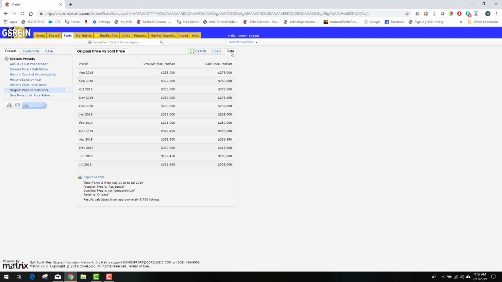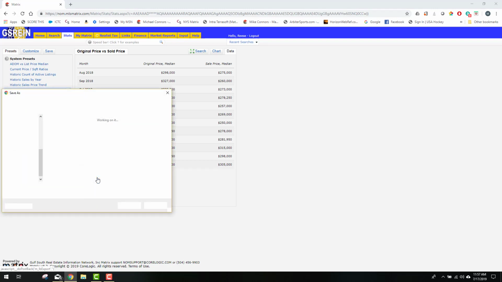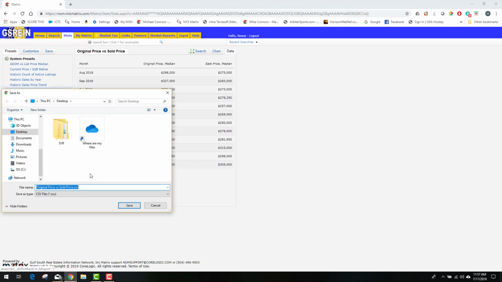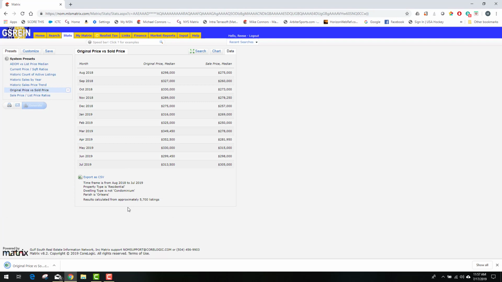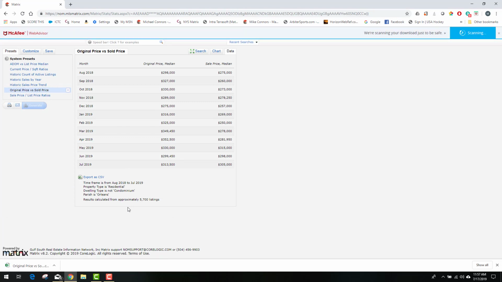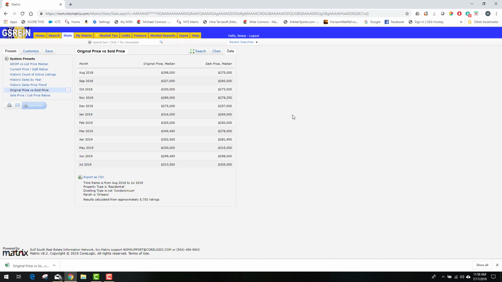If I'm clicking on data, what's presented to me is the same results, however, not in a graphical orientation. This is strictly in more or less a spreadsheet presentation. And in many cases, it's actually easier to read the data and make determinations based on the data than it is on the charts. And if you want to, as you can see, you can export these out as a comma separated value file, CSV file, which is easy to import into most commonly Excel. And then you can do whatever you might want to do with the data once you've exported it